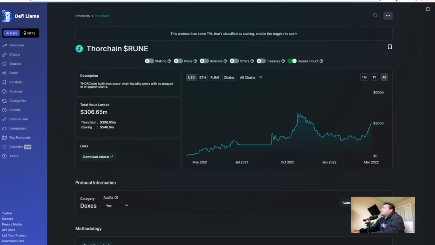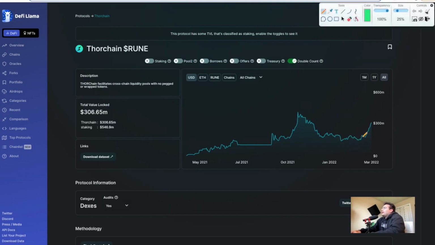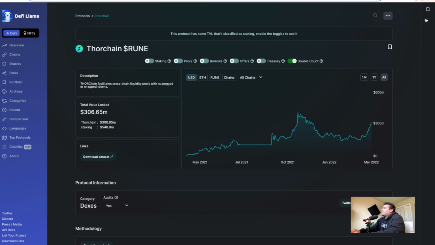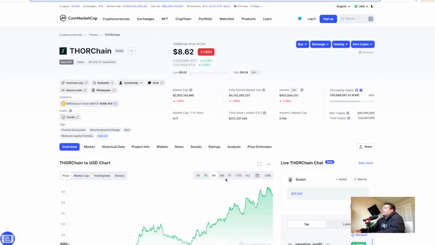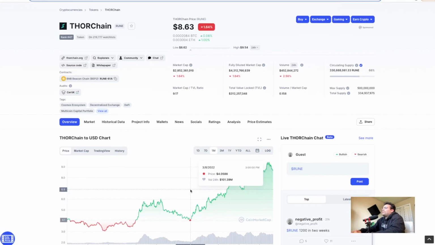But here what we've noticed, I'm gonna break out a little pen here too. Here what we've noticed is that the total value locked has been on a steady increase right here ever since what seems to be, you know, early March, late February. March 8th seems to be the day that it really took off. And what's interesting is as you look at that in comparison to the chart, it's right about that same day, right? There's probably like a day or two lag here,